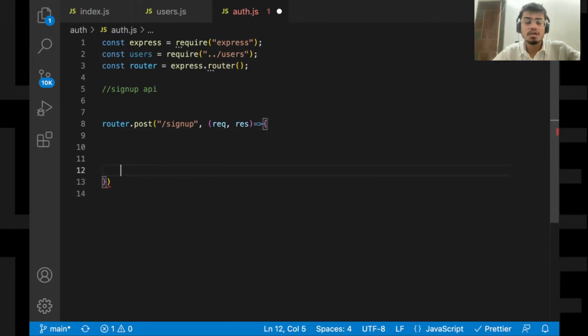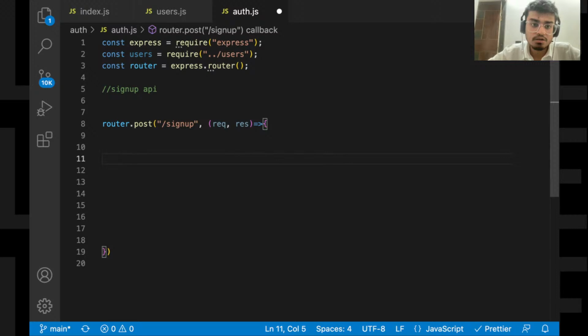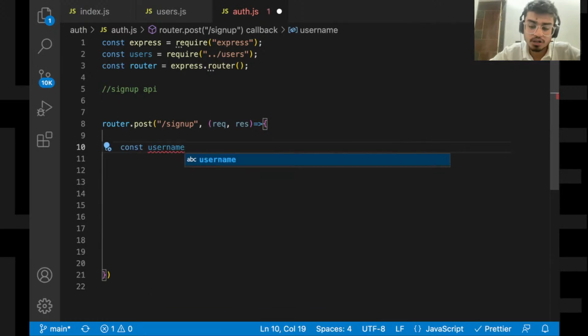I'm trying to keep it as similar as possible to the real world conditions that we use in real life scenarios. For sign up, we would have a Joi middleware as well, which validates the input, but I won't be using it, so that thing you can put in later.